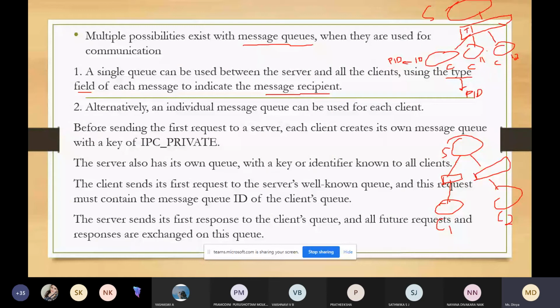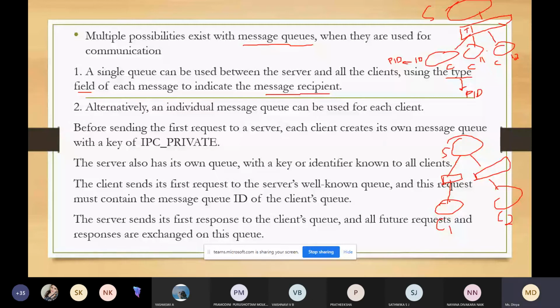So what is the disadvantage of these two techniques? The same thing we have done here using message queues can also be done using shared memory as well as semaphores.